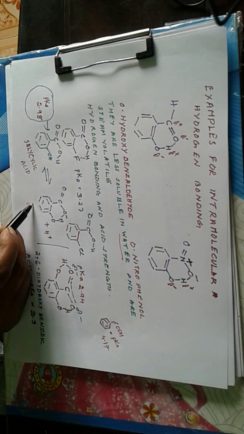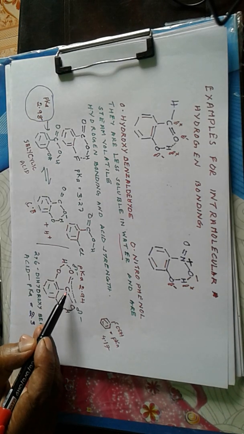So compared to benzoic acid, salicylic acid is a stronger acid because its pK is 2.98, and this is due to the stabilization of the carboxylate anion by hydrogen bonding with the OH group. So the anion or conjugate base of salicylic acid is stabilized by hydrogen bonding. Now if you have another OH group in the other ortho position, then the COO negative group,